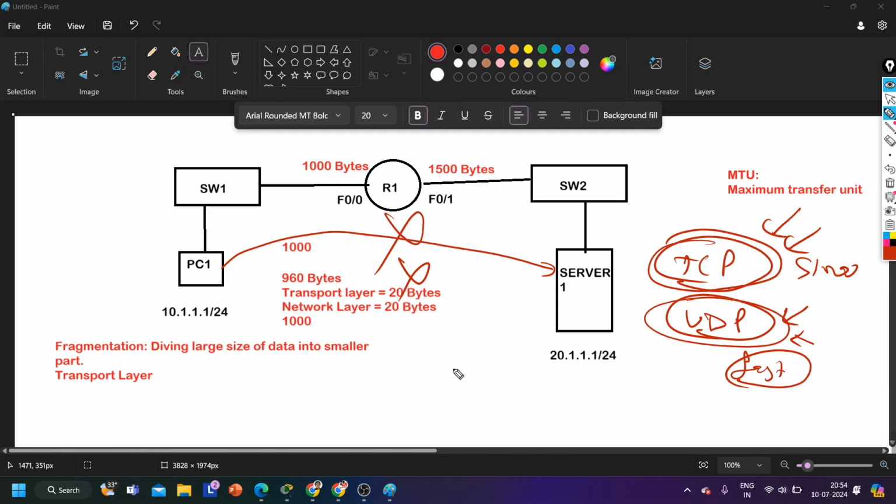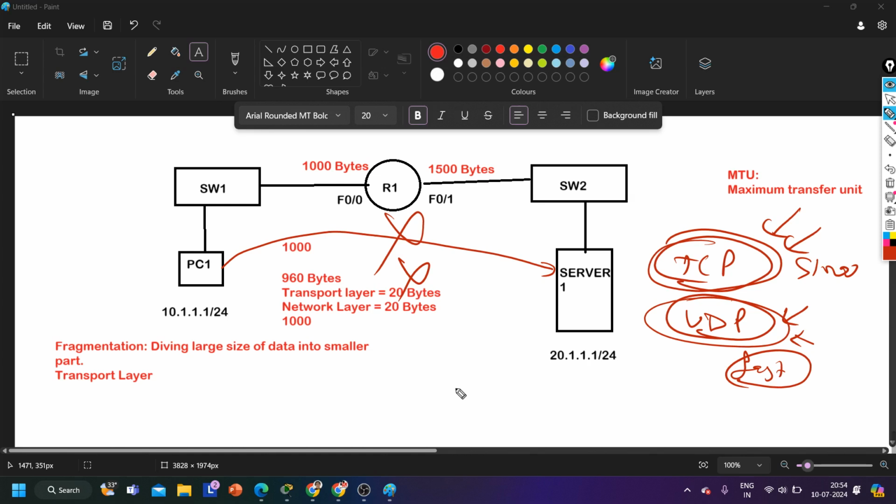No, it totally depends on our requirement. If I need a reliable communication, like, guys, my website pmnetworking.in, right? What I want is that whenever a user from the internet accesses my website, there should be reliability. If communication is slow, that is okay, maybe it will take 2 seconds, 3 seconds, 5 seconds to reload the site or get access to my web page, but it is reliable, then